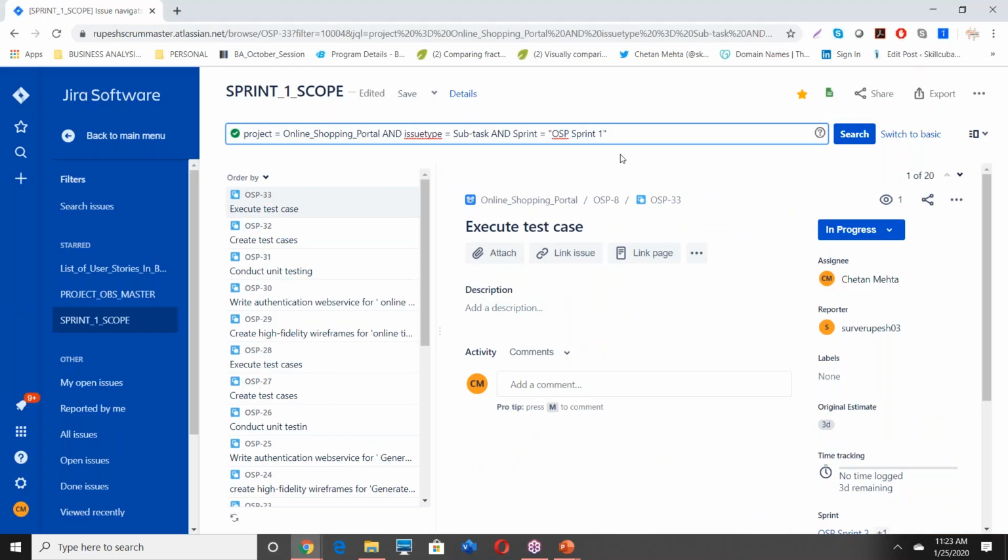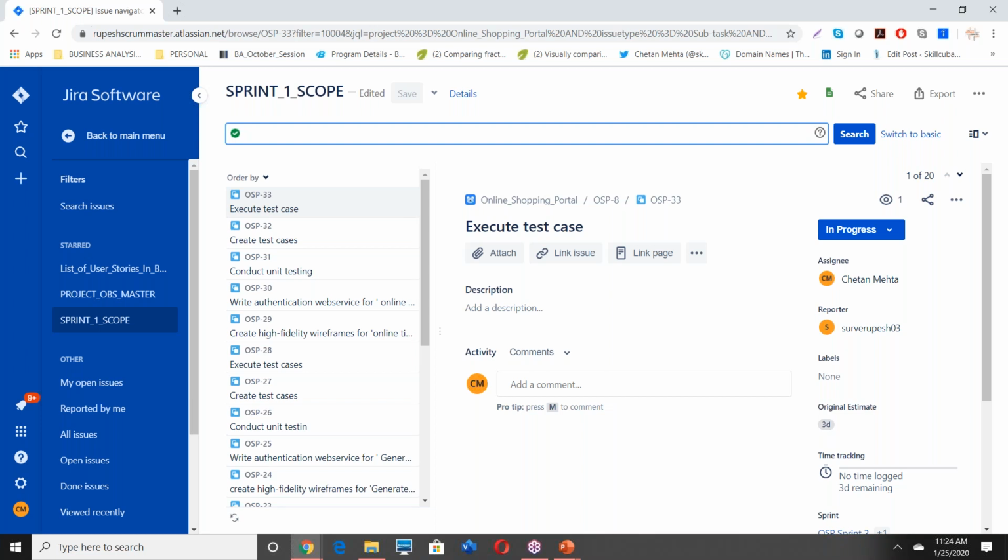So let me delete this. So let's say you want to find out for online shopping portal, how many stories are there, for example. At a global level, the total number of stories you have for online shopping portal.